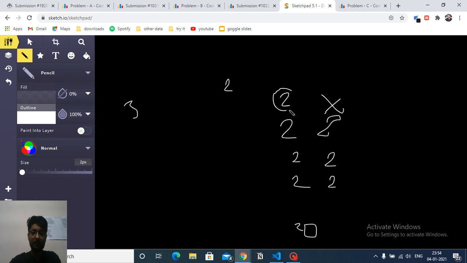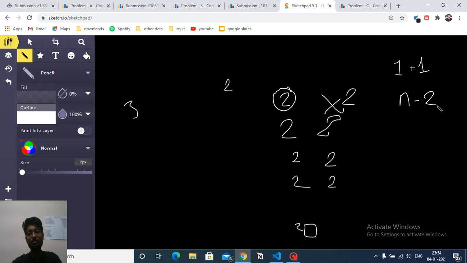So if one person has that extra 2 candy, then to balance it out the other person can use candies of type 1. But how many candies? 2 candies. If 2 candies of type 1 are there, then it can become equal. But after that, you also have to check how many candies are left after giving those 2 candies. That will be n minus 2.